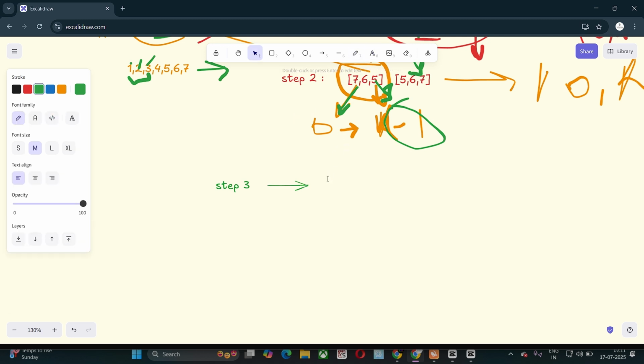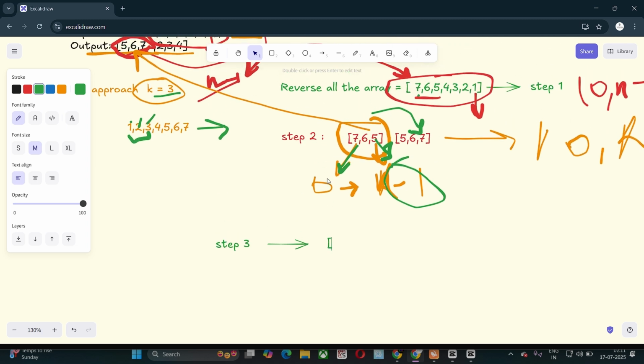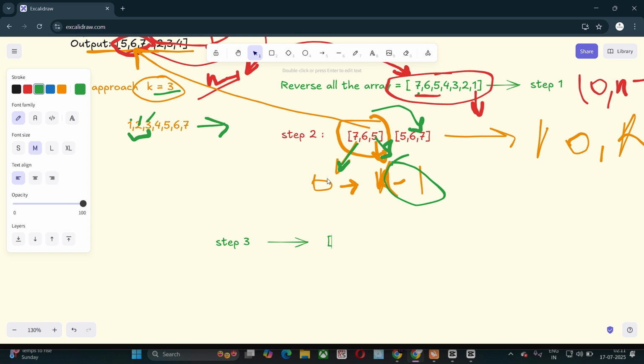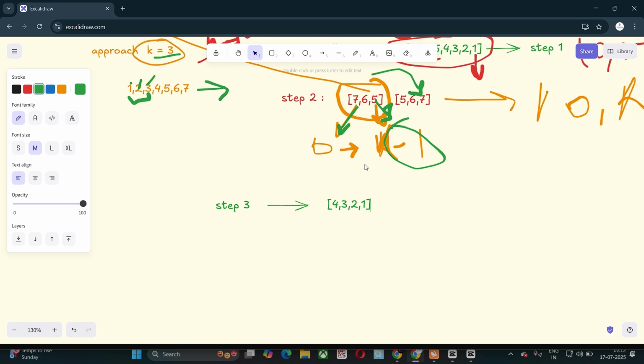I'll write it down here, just see. If I write our elements, what we get is 5, 6, 7, 4, 3, 2, 1.